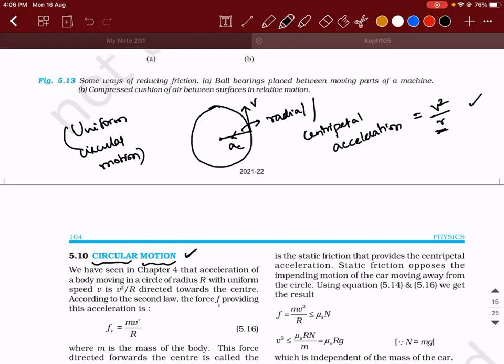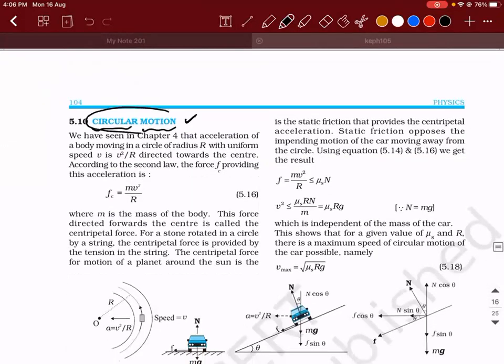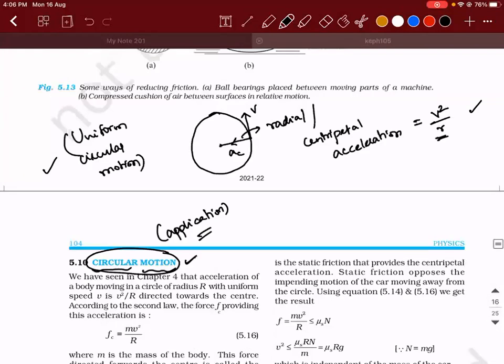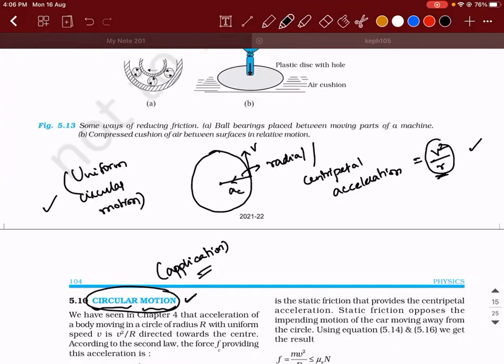So in the previous chapter, we set a context to what is uniform circular motion. But in this chapter, the circular motion refers to the application part. I would have told you one important thing: wherever you see circular motion, there is one acceleration that always exists. It is centripetal acceleration, and its formula is fixed, v square divided by r. But in this chapter, we learned that for an object to be in motion, you need some cause. That's why we are dealing with some topics under dynamics.